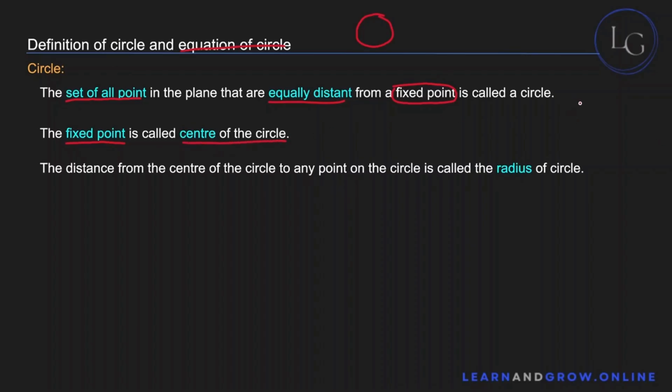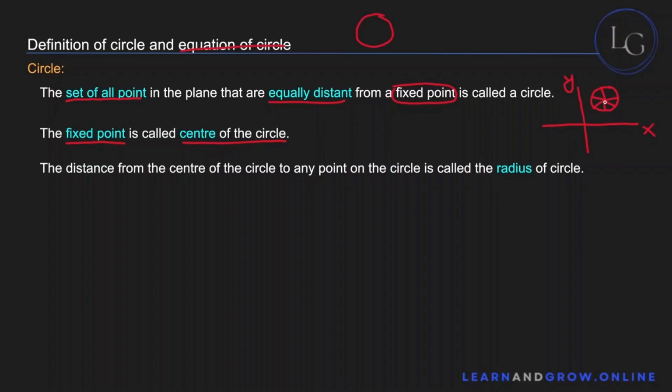So what that means is if you draw a coordinate axis, the y-axis and the x-axis, and let's say you pick this fixed point over here, and all of the points equally distant from this one point eventually make up a circle, right? Because this point over here is of the same length as this one, as this one, this one, this one. These are all the same lengths and they're all centered around this one point,